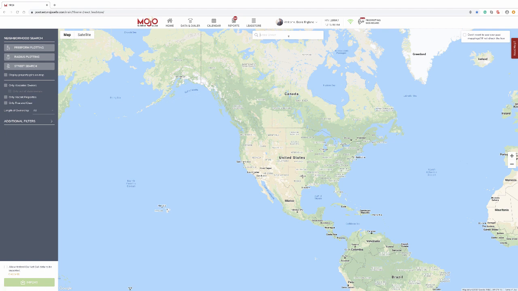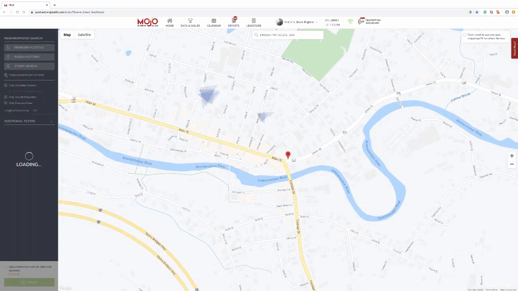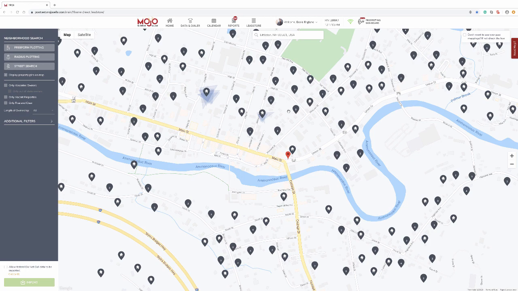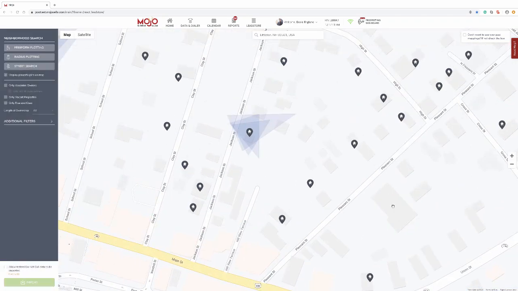Let's check it out. So I'm going to go ahead and just put in our hometown here in Littleton, New Hampshire. All right. So that's going to zoom in. And what I can do, if I want to see the individual properties, I can actually click on display property pins on a map. And then I can go ahead and I can click on any of these pins. I can drill in further to separate the pins more. I can drill down in the map, and then I can click on one of these